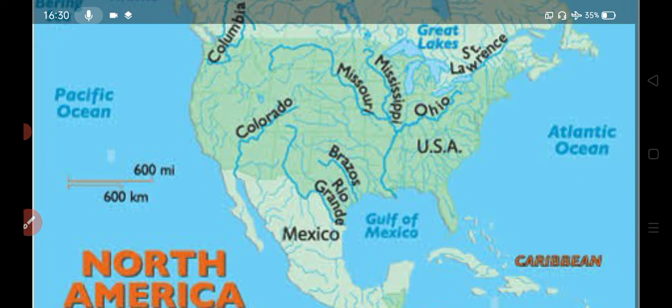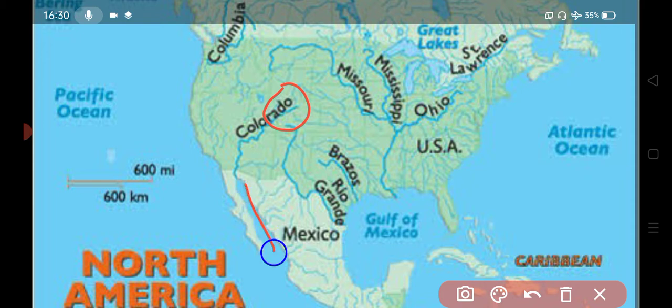This Colorado River originates in the Rocky Mountains, and it will drain into the Gulf of California. So Colorado River drains into Gulf of California, and then we have Rio Grande. This Rio Grande River will drain into the Gulf of Mexico, this region, and then we have Missouri as well as